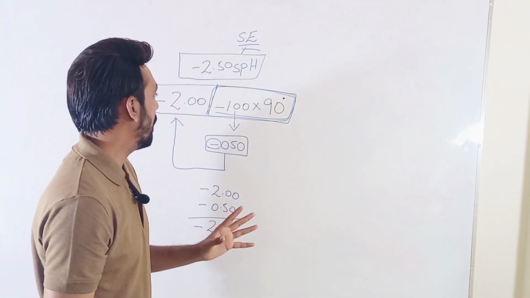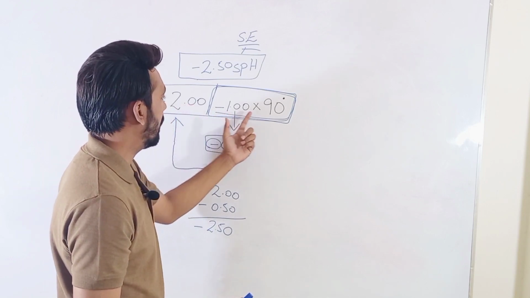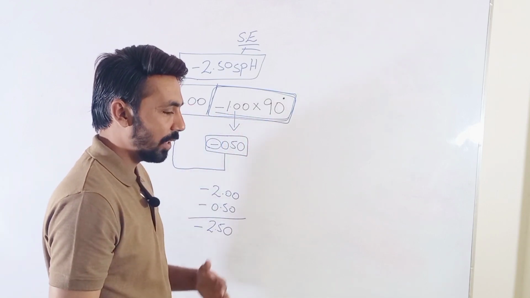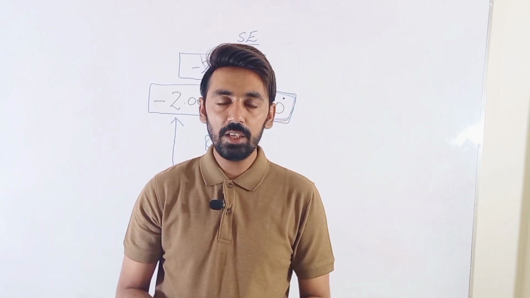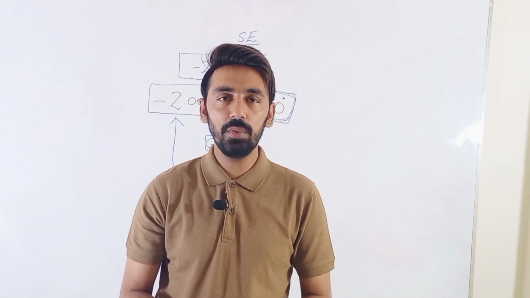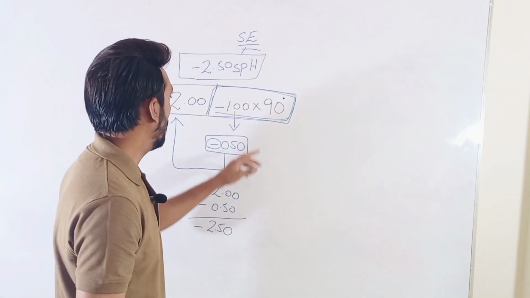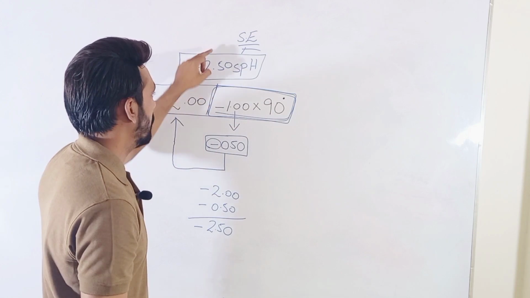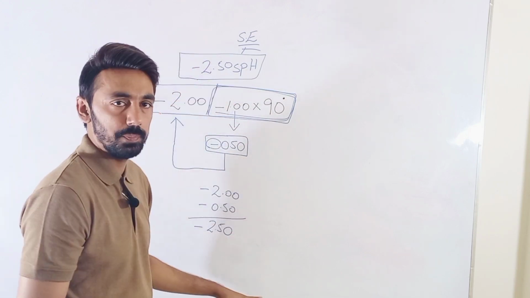So if you gave a prescription of -2 sphere with -1 cylinder at 90 degrees, but after a couple of days your patient complains that he or she is not comfortable with this prescription, in this case you can prescribe the spherical equivalent prescription, which is -2.50 spherical, with the same procedure.